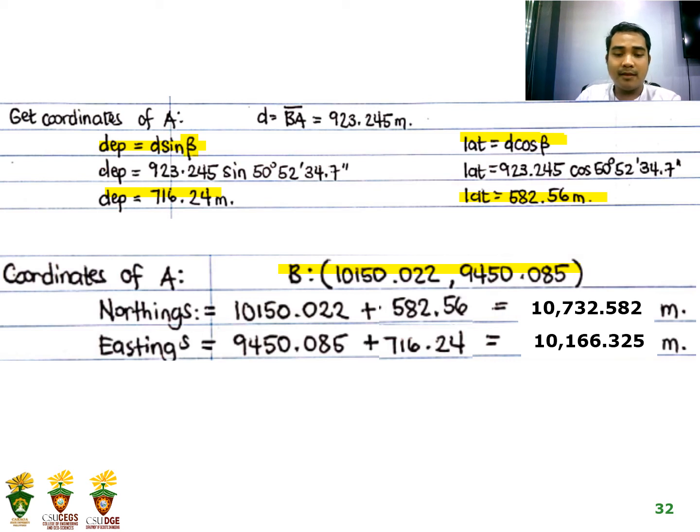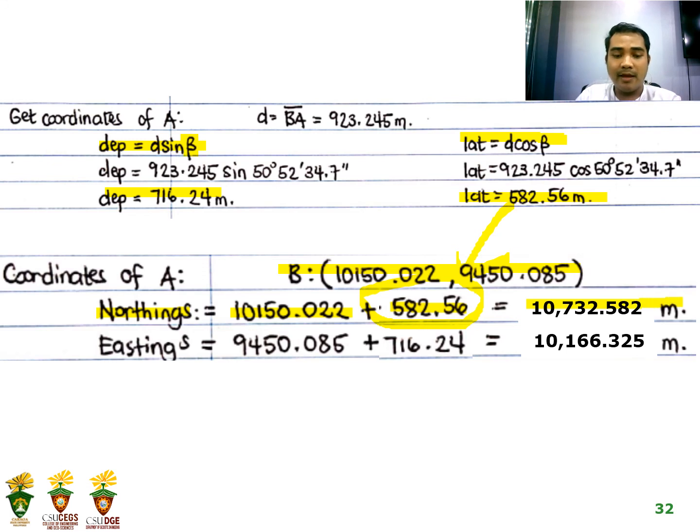9,450.085. So to get the northings of station A, we need to add the northings of B, which is 10,150.022 plus nato ang kaning 582.56, which is ang latitude. And it will result into a value of 10,732.582